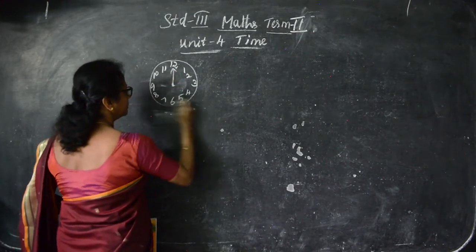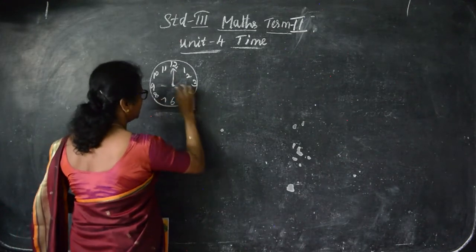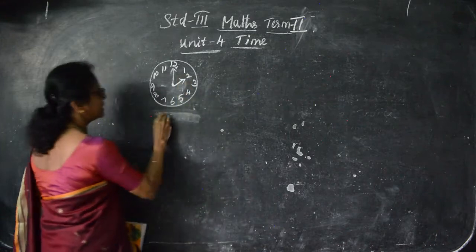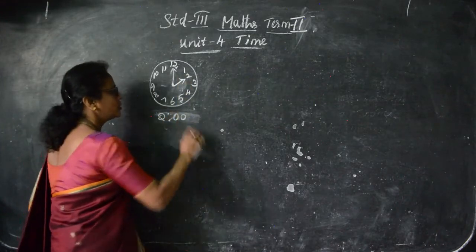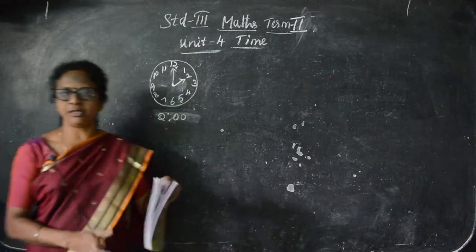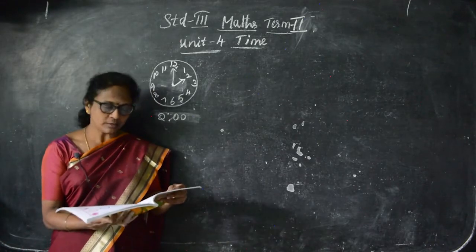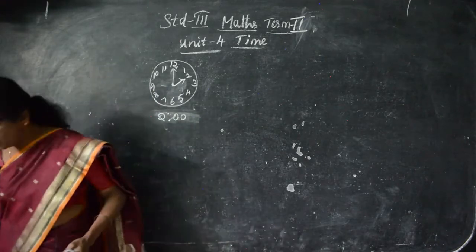Next sum is 2. What's the time? 2 o'clock. So like this they will give the hours and the minute and you have to write the time. And the next one is